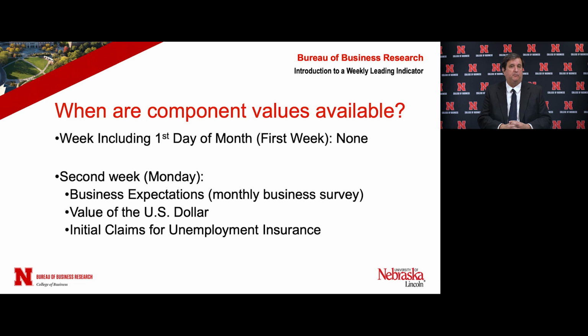So we can give a partial and preliminary value of the leading indicator based on 3 of the 6 components, half of them. And in fact, some of these are components that have a relatively large weight in the leading indicator. So a significant share of the leading indicator actually can be released by the Monday of the second week of the month. Again, typically the 4th to the 8th of a month. So we could have released a weekly leading indicator between the 4th or 8th of October, for example, that covered the month of September, a preliminary value, based on these 3 components.